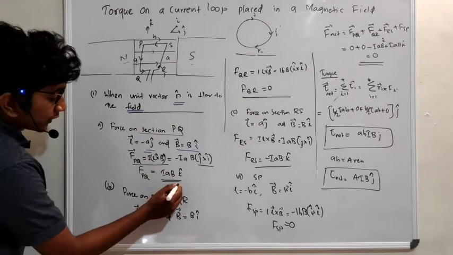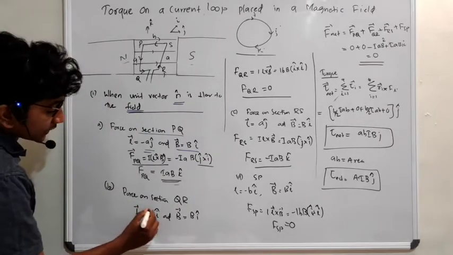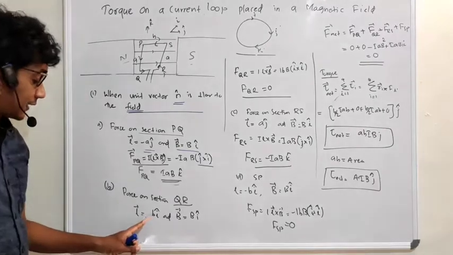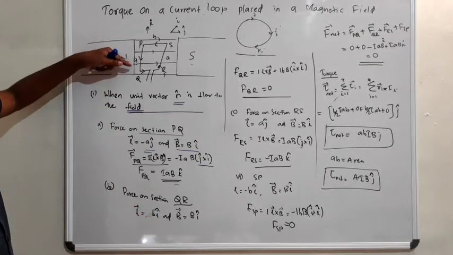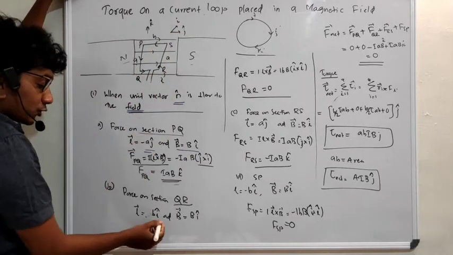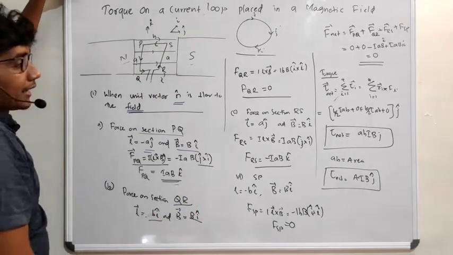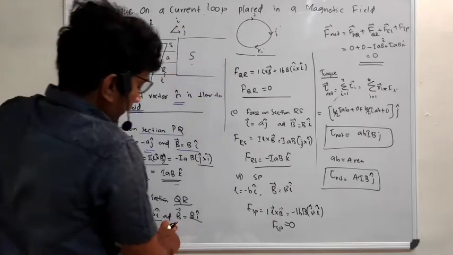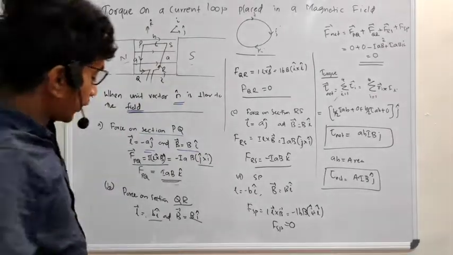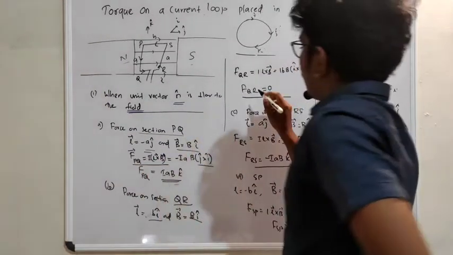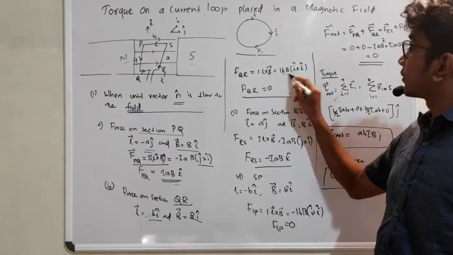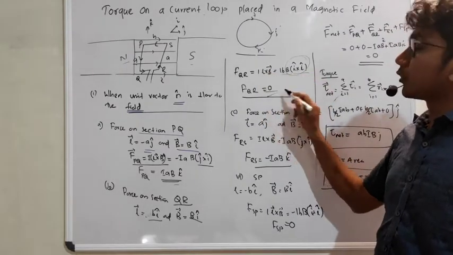Alright. So this is what F_PQ is. What about F_QR? The same way you have to think like this, otherwise you won't get it. Look at this. What about length? Length is QR in this direction. So look at this, here it is i direction, so b i. And the magnetic field is always a fixed one. The magnetic field direction is fixed. So F_QR is equal to I L cross B, which is equal to i cross i, which is equal to 0.